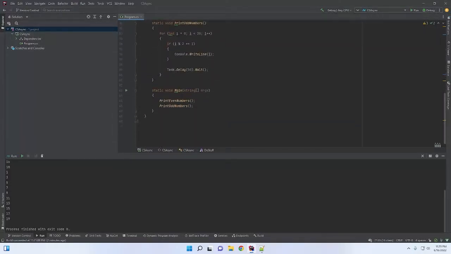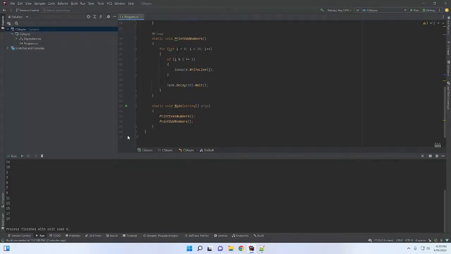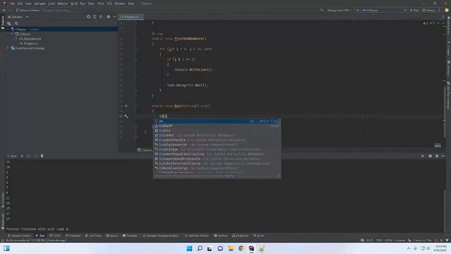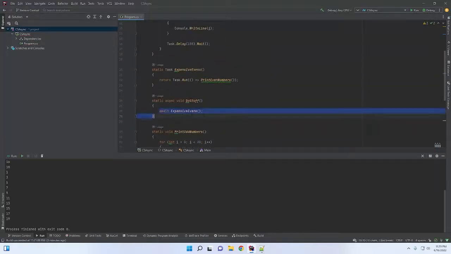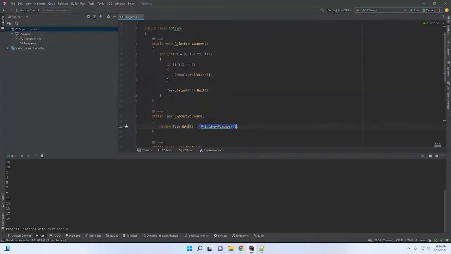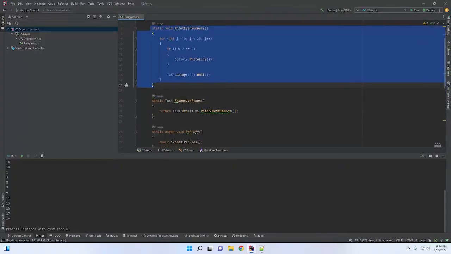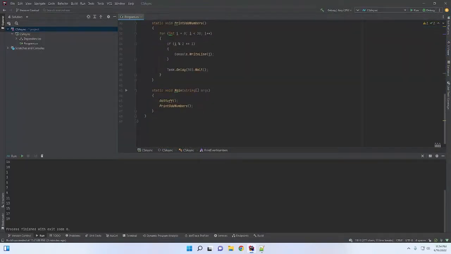So now when we call these, instead of saying PrintEvenNumbers, I'll just say DoStuff. And all DoStuff is doing is it awaits the expensive evens, and that is returning from this PrintEvenNumbers here. It's returning a Task. And so this is just going to call the evens and print out all the evens, and it's going to then print off all the odd numbers, but because it's asynchronous, all of it's going to run at the same